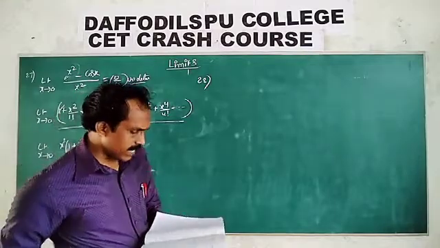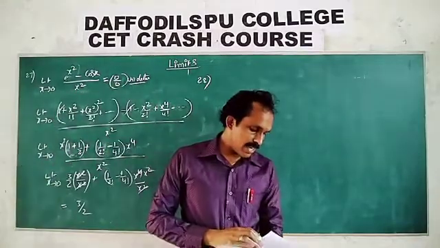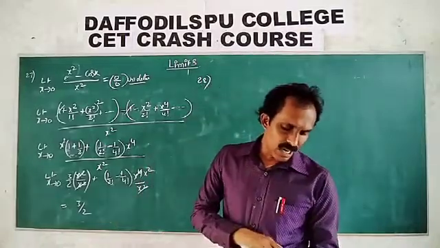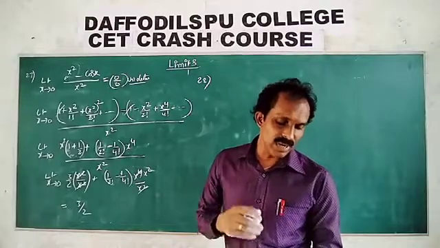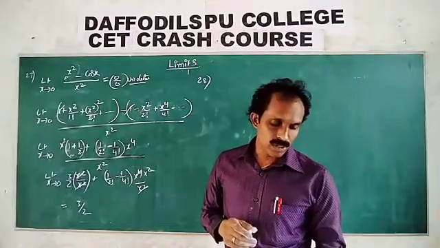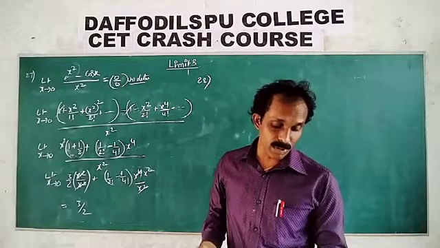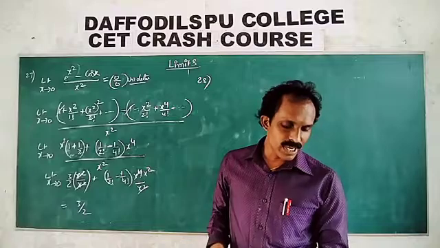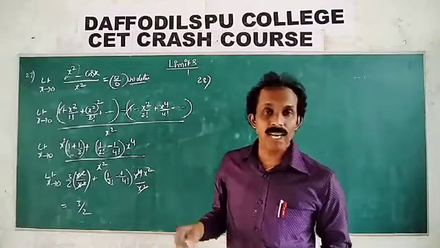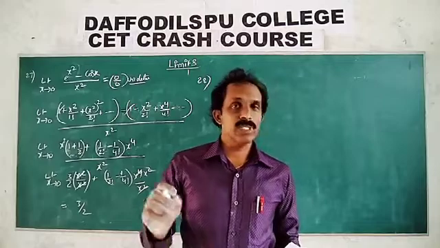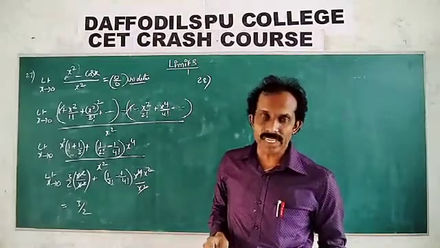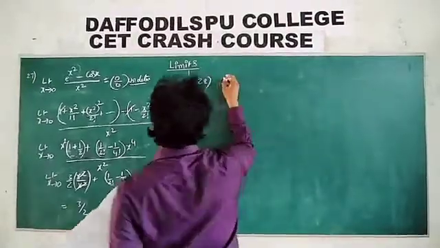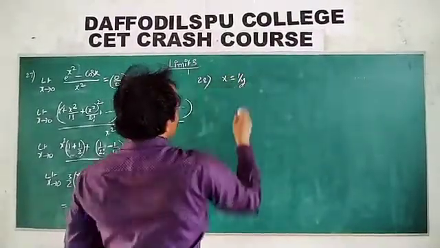Limit x tends to infinity, and what happened? Suppose you substitute directly: a1 power 1 by x, 1 by x means 1 by infinity, which means 0. So that is a power 0 and so on, in the denominator n, and whole power n power x. That is power to the power of infinity, an indeterminate form. So you can convert: let x be equal to 1 by y.